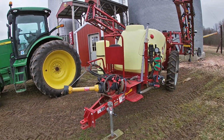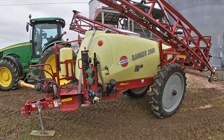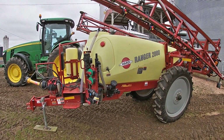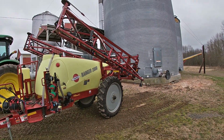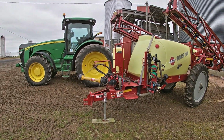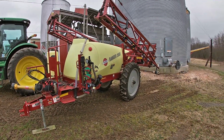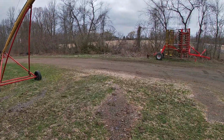This is our Ranger 2000 sprayer made by Hardy. 600 gallon tank, 60-foot booms, foam marker. I've just never gotten into the whole GPS thing and all that. So down here,